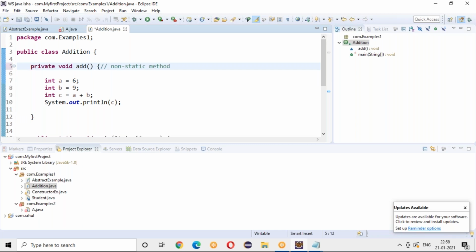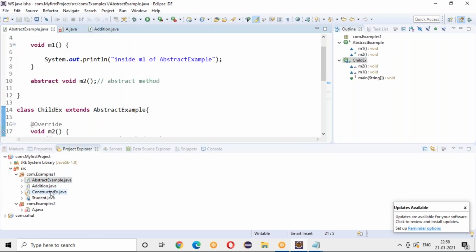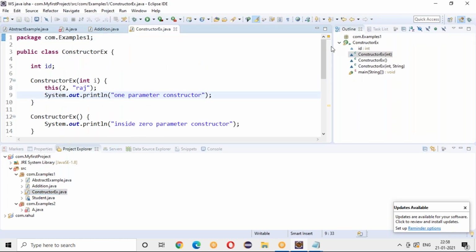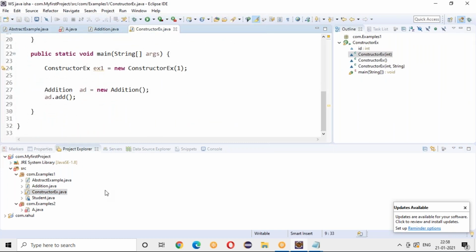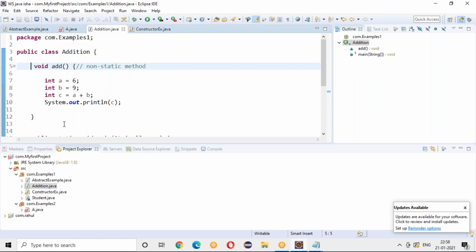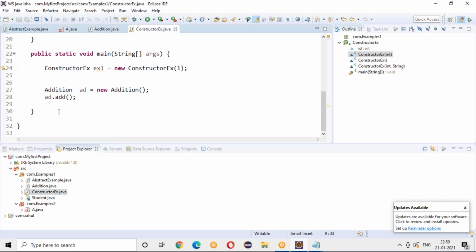Okay. So there is something that we write as private. When you write private, it is not required to talk about a package itself. When you write it as private, it is within the class itself. For a default, you can access within the package. I think I have accessed it in the constructor example. You see this constructor example where this is there. This is present in com.examples, where your addition is there in com.examples. So both are in the same package. Sure, you can access this add method here. It is not showing an error, but it is showing an error here because it is outside.